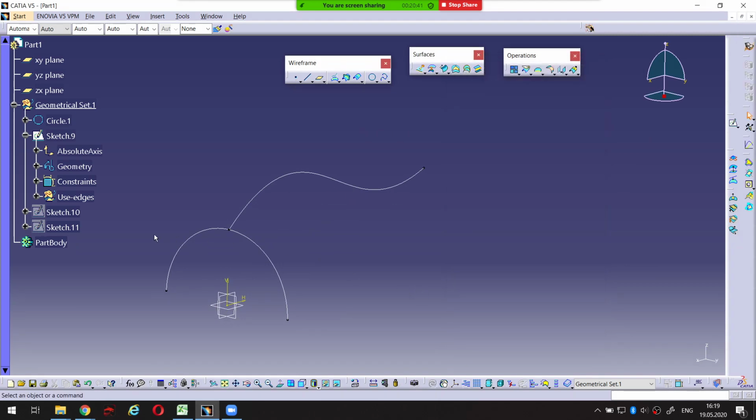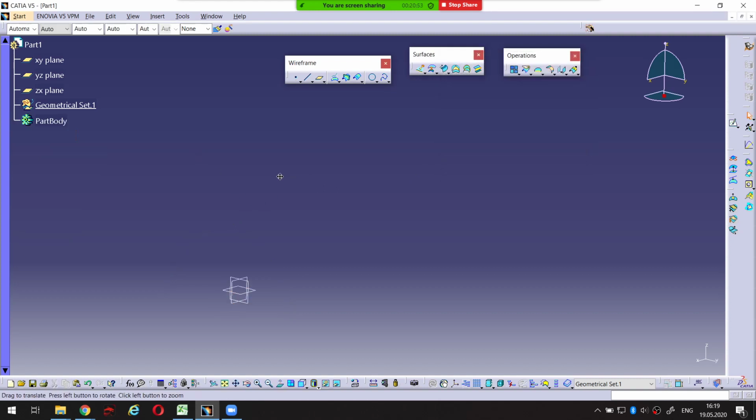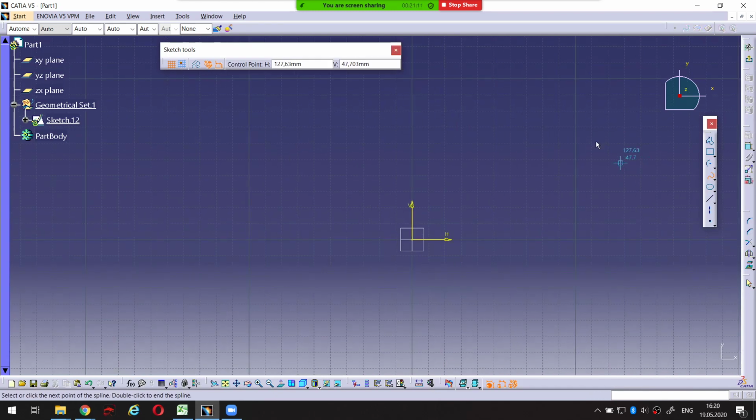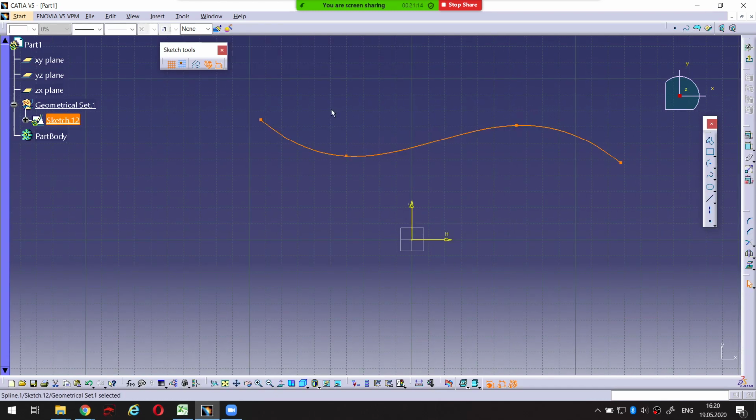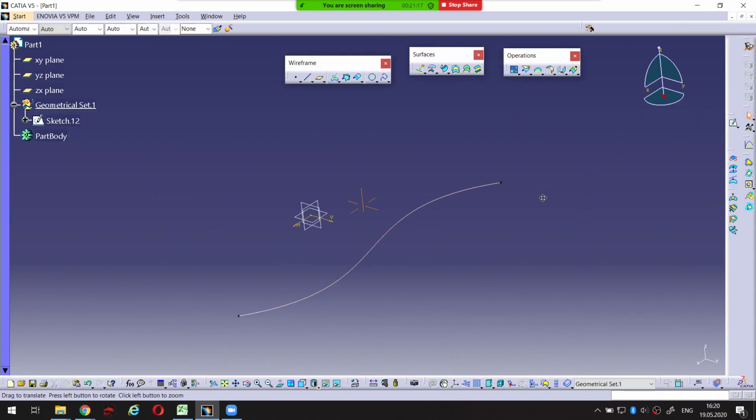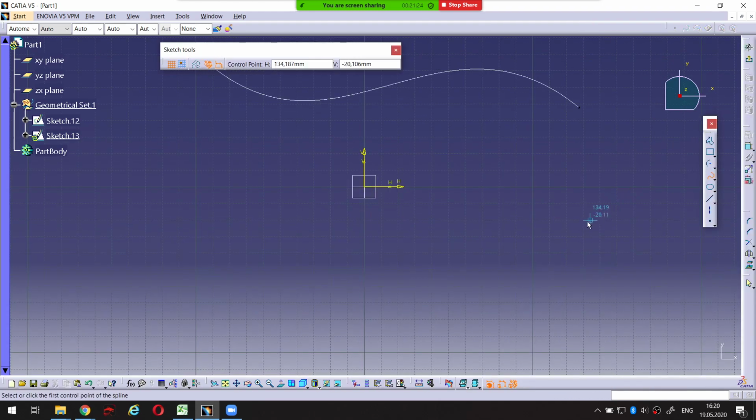So I just click on cancel and delete all the things I have created by just pushing delete on my keyboard. Okay, and I'm gonna create two lines. Let's create the first line as a sketch on XY plane, and it will be something like this spline. Okay, and I'm gonna create also another sketch on XY plane, and it will also be a spline, maybe something